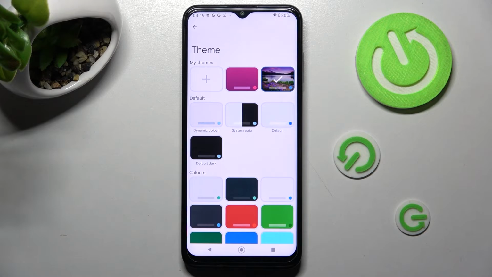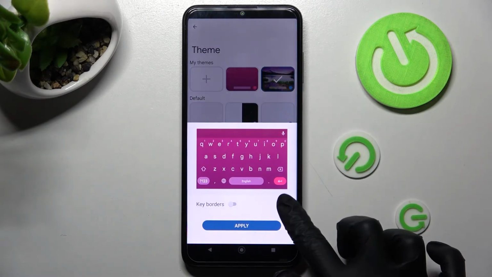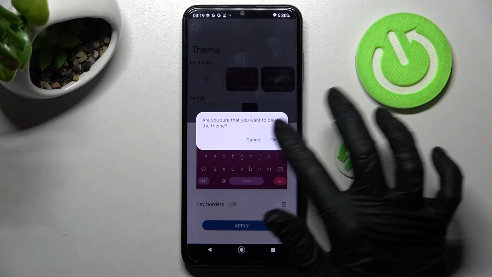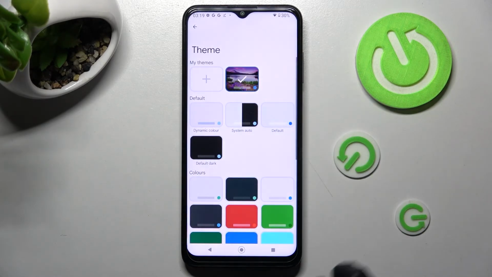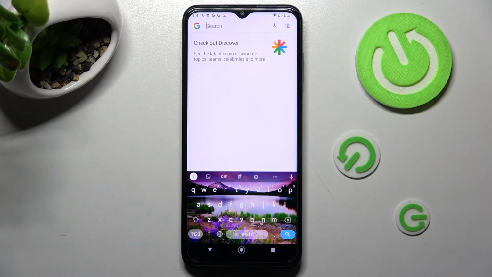In order to delete it though, click on it, but this time select this pin icon over here and confirm your choice by choosing OK in the pop-up. So now finally, when I go back, I can see that theme of my keyboard was successfully customized with an